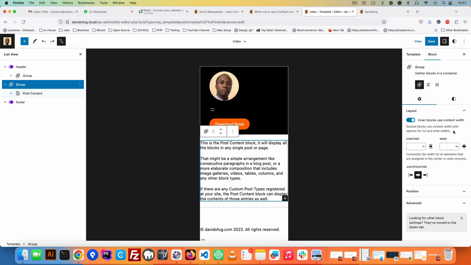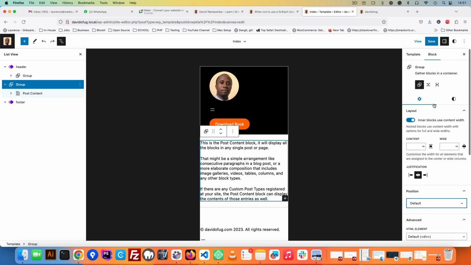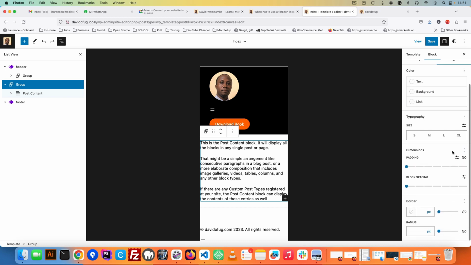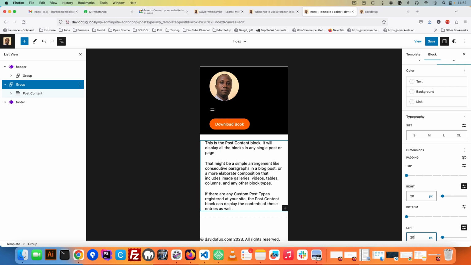Group block. So in the group block we can look at position is default, which is okay. Style. That's what we're looking for. And I can unlink that. So to the right, I'm going to add some 20 pixels, and then to the left as well, add some 20 pixels. So you can see that we are fixing this